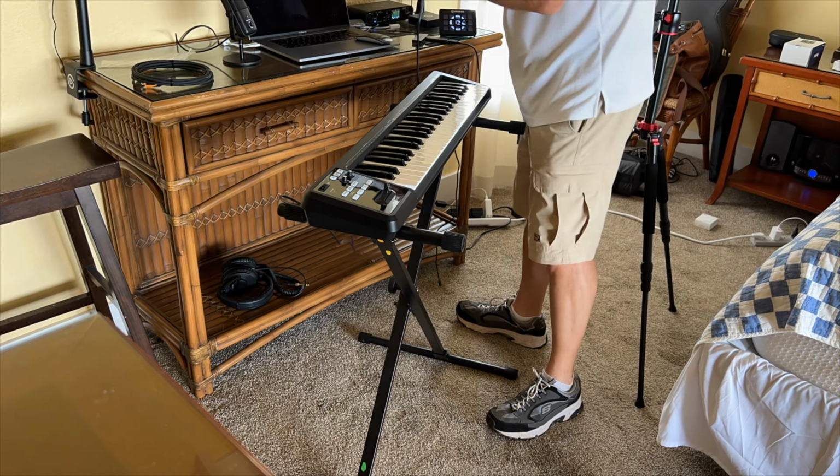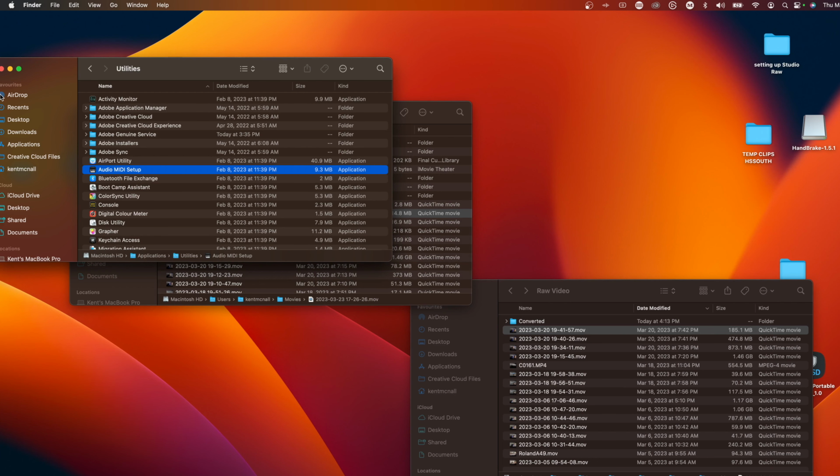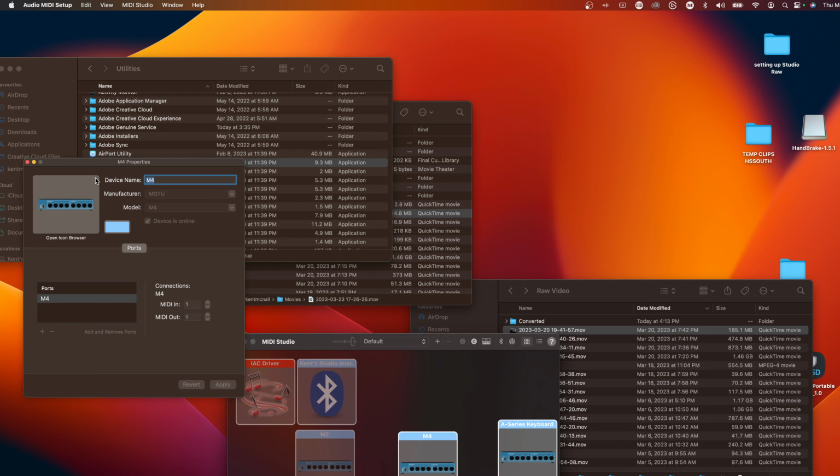Now, what I did struggle with just a little bit more is something that I'll show you here, which is the Audio MIDI Setup of the Roland or any other MIDI device with the Mac operating system. On your Mac, under your Utilities directory, which you'll find under Applications, you will find Audio MIDI Setup. Audio MIDI Setup is one weird little critter,